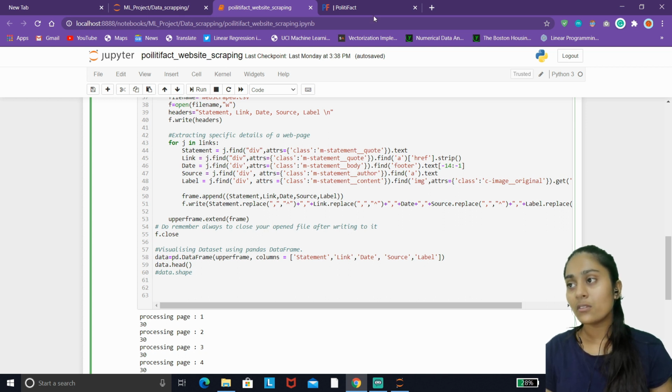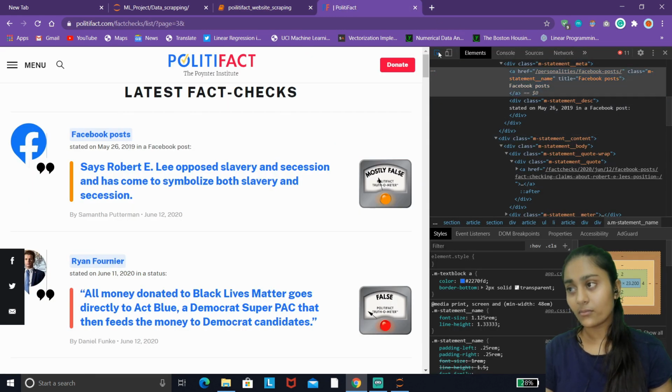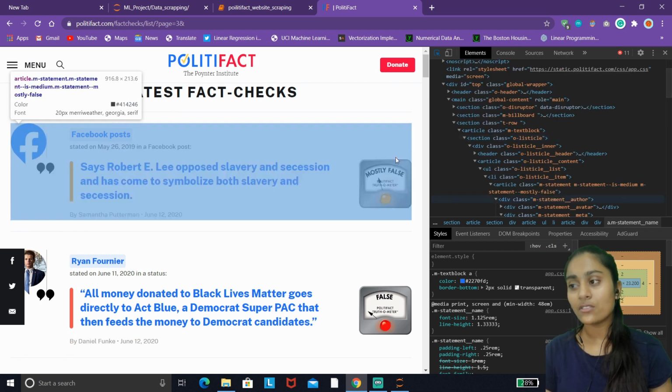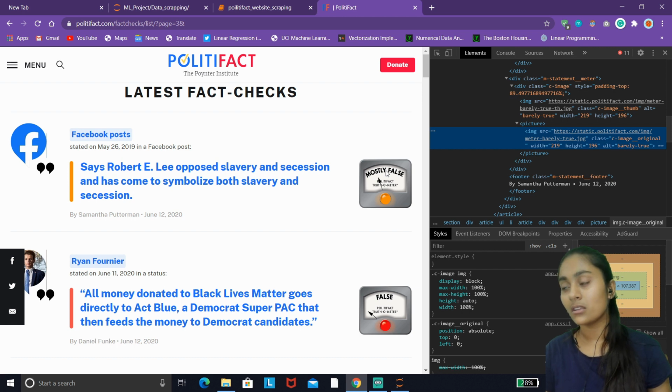Now let's move on to our last attribute, that is label. Here the label text that we want to extract is specified in the image attribute. Let's see how we are going to do that, because here we will use a slightly different trick to extract the text from it.